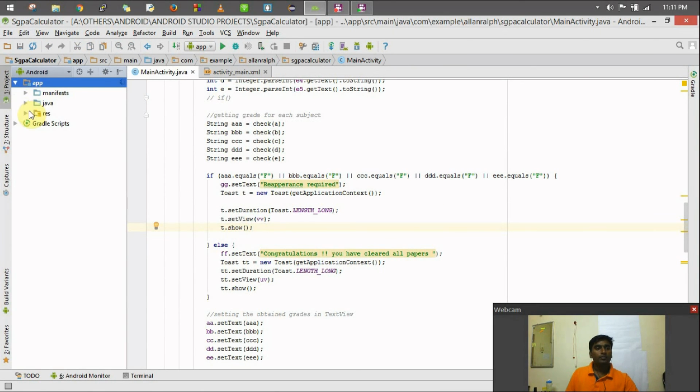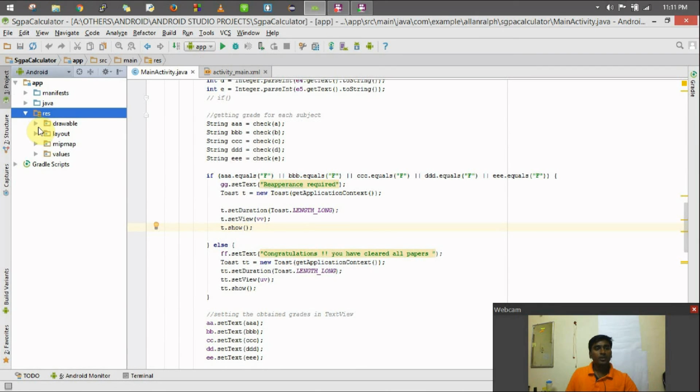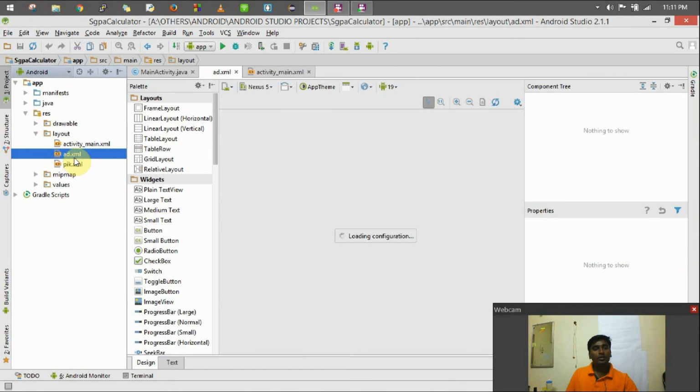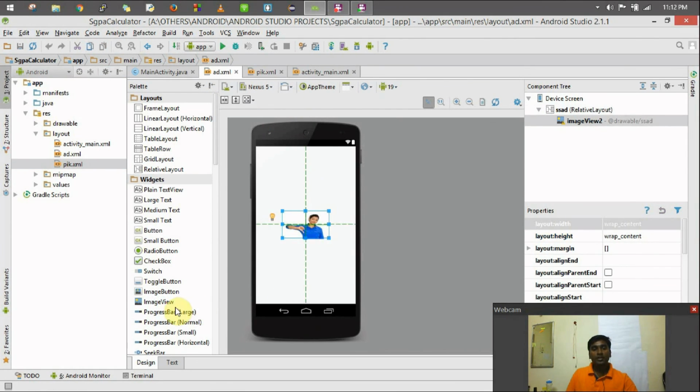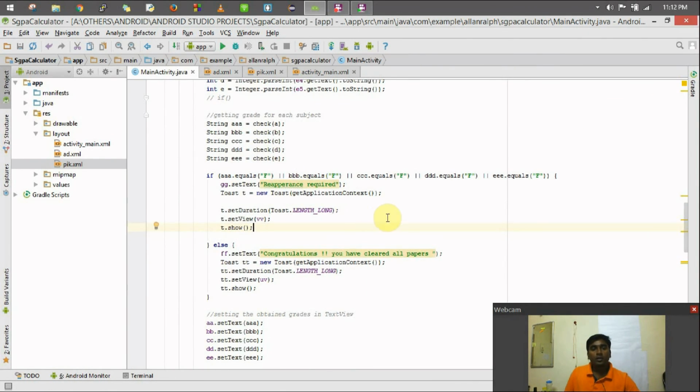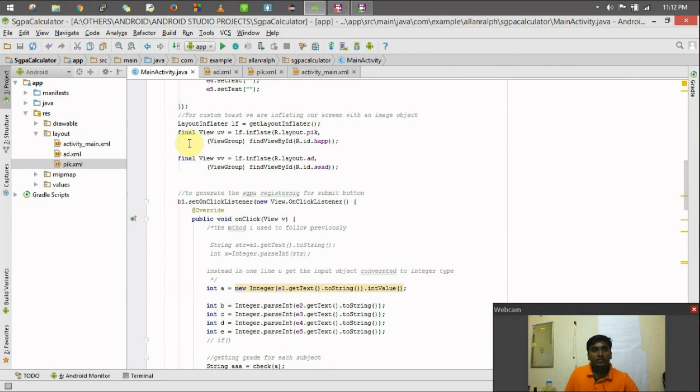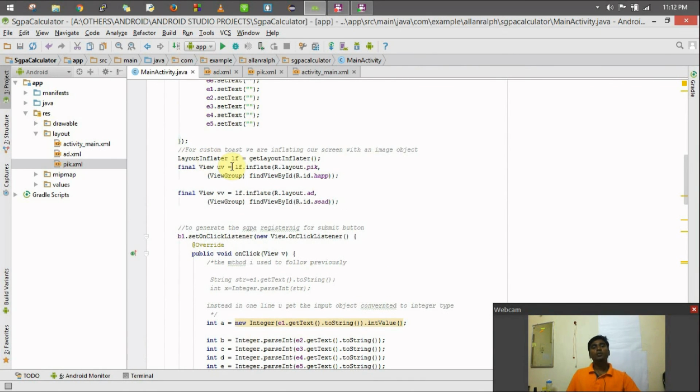So in our app, in our resources, in layout, we have 2 more XML files, and in these XML files I have put the picture. This picture was added using the image view, and what we have done here is we have used something called a layout inflater.